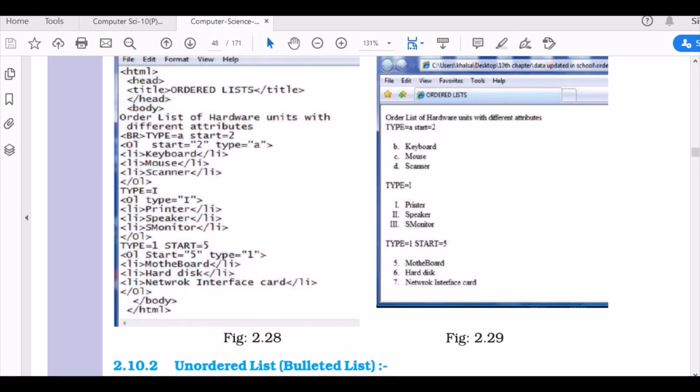You start the sequence with type A. The sequence is, you have to start from the second position. The type is, what type should be used? A, B, C. Now this is how it starts, B, C, D. Remember, second position, B, C, D. This is an ordered list, type 1, numeric, Romans, 1, 2, 3. This is how it is used.